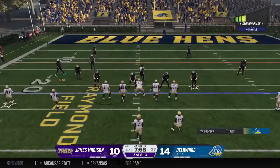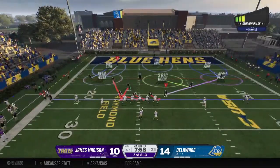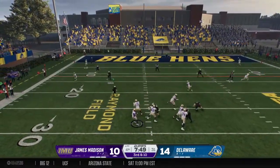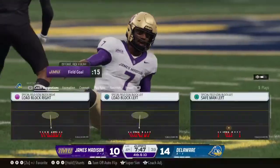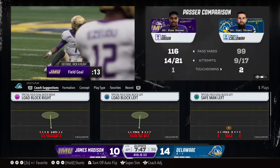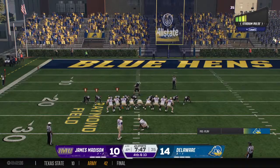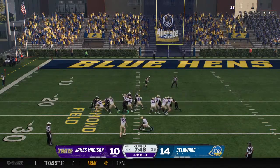They were on the move, but 2 straight incompletions had them staring at 3rd and 10. Wants to keep it in the air. Another incompletion on 3rd down. Interesting call here for the head coach, too, because you need a touchdown. Now it's 4th and long. You could kick the field goal and cut into the lead, but depends on how much you...